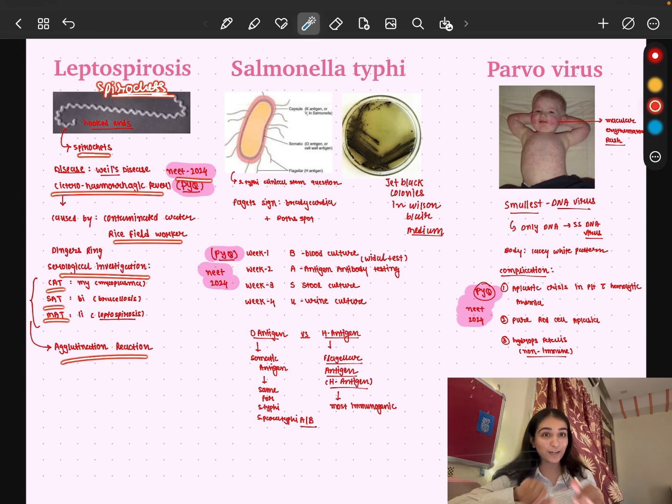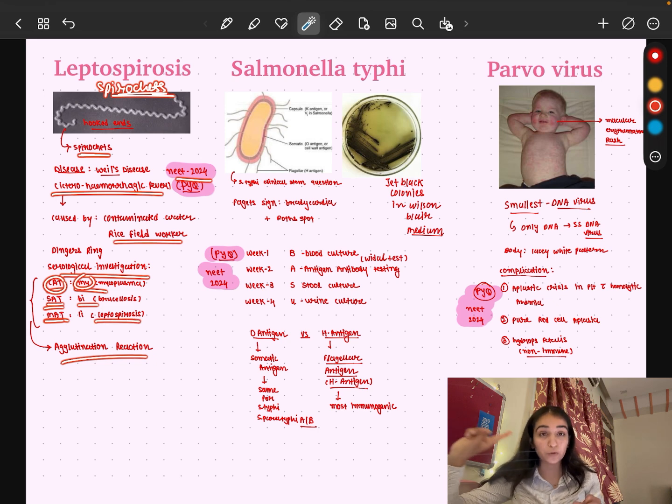It is a great mnemonic: CAT, SAT, MAT, my Billy. Cold agglutination test is for mycoplasma. Standard agglutination test is for brucellosis. And microscopic agglutination, which is the disease that we are talking about, is